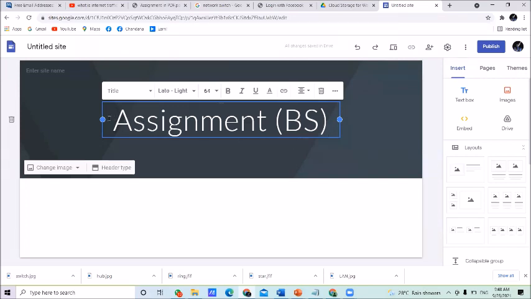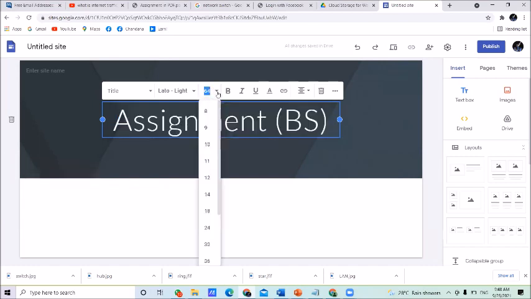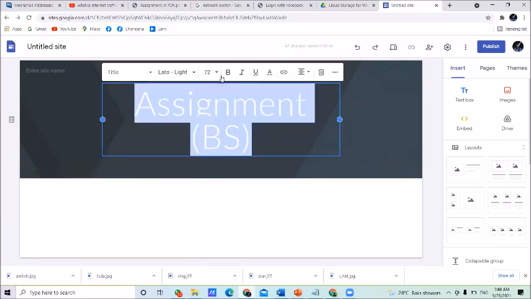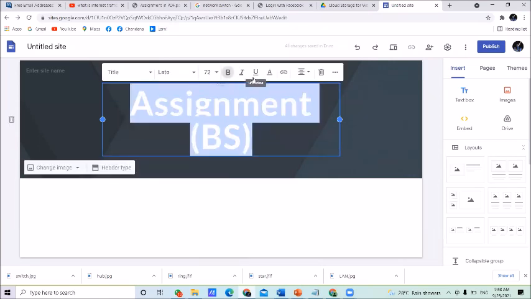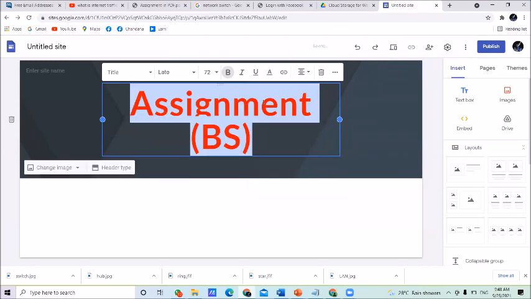Then you can give any title according to your assignment. You can make changes to it. If you want, you can change the size, then bold, underline, and you can change the text color. Various types of settings you can do with this text using the text formatting bar that appears at the top.